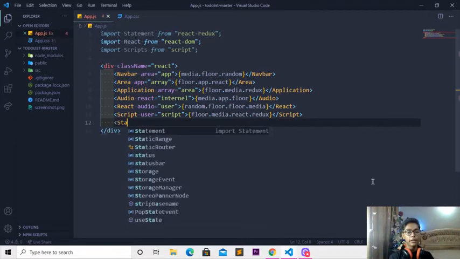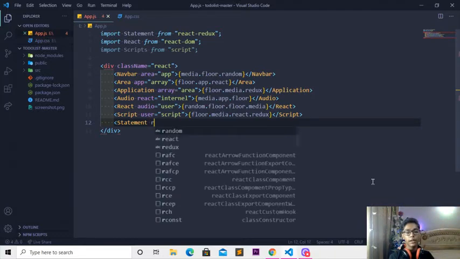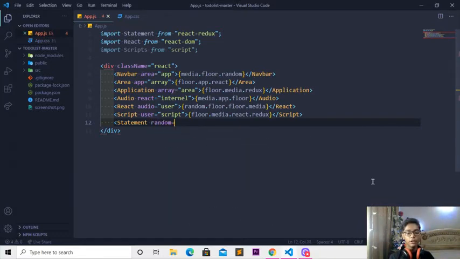which will be like statement. So here I'll be coming and changing that to a tag which will be like user, but we have just already written that. So here I'll be writing that to like area which we have just written. So here now I'll be writing another thing which will be like random, and in that I'll be changing that to a tag which will be